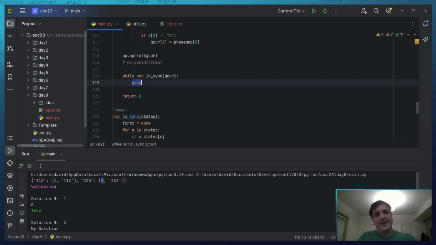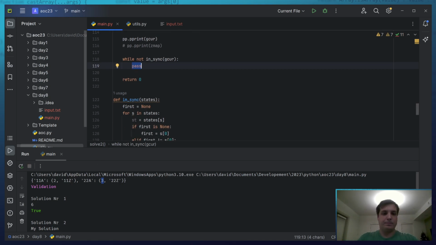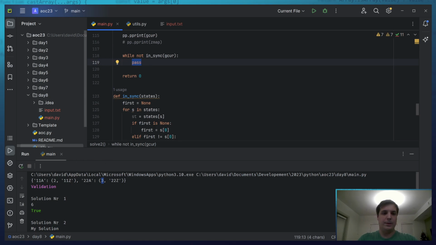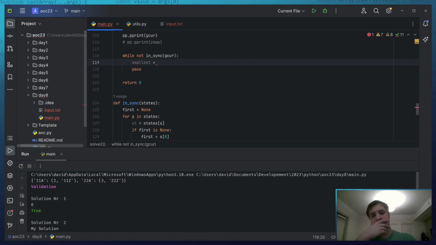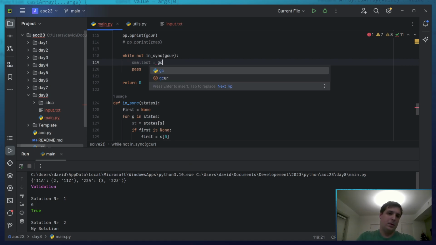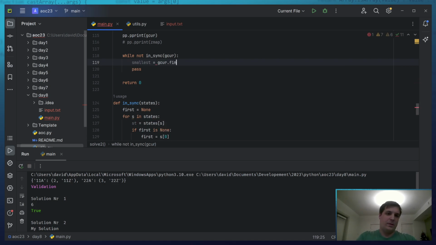So while they're not in sync, we do the process. We take the smallest one out of them. Smallest. Find.